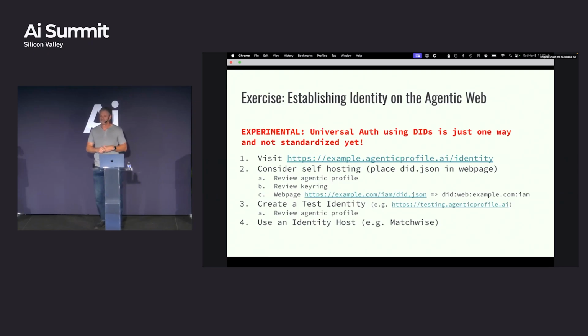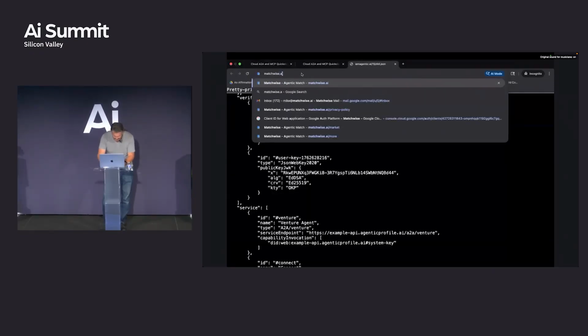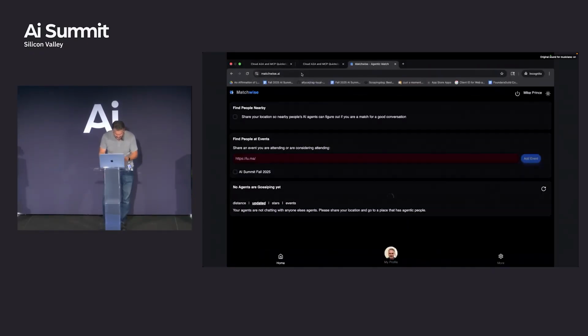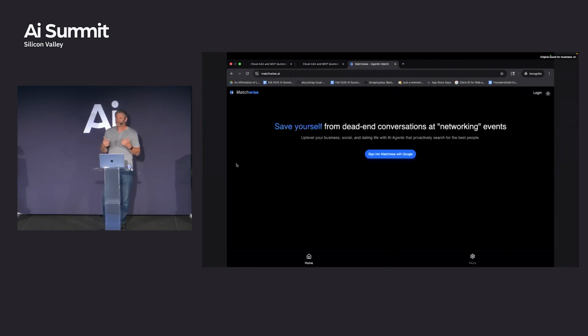Can you show that again? What was the URL that you put it in? Oh, that's just Matchwise. So this one here, let me pop over there really fast. That's Matchwise.ai. That's my service. And so when you log into the service here, I'm logged in right now, and log out. So if you just go to Matchwise, it doesn't know who you are. I could do my own system for authentication, but most often now we use systems like, if you're on Amazon, Cognito. Cognito's an OAuth system there, with a bunch of libraries. If it's Google, there's a bunch of libraries for that as well.